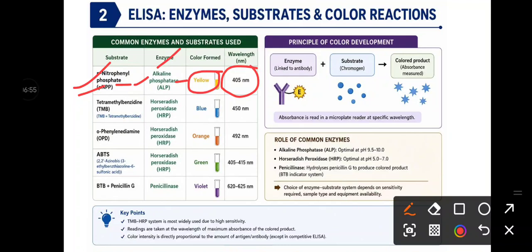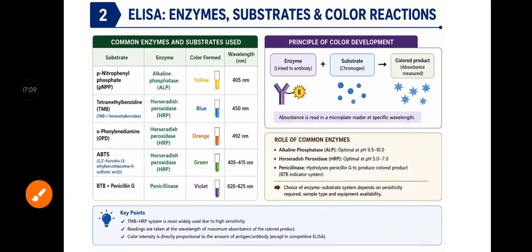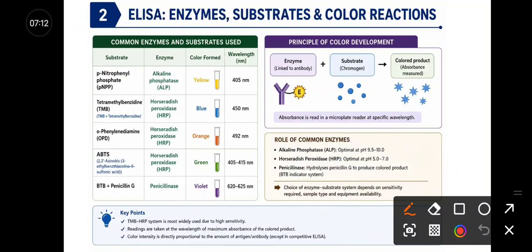You have to remember all these things: the commonly used substrate as well as the enzyme, what color this enzyme will form, and at what wavelength it is measured. This is the most common one. The first one is the most commonly used for ELISA assays in different laboratories. So remember this first one, and the second one is also most important because of its high sensitivity. If you are considering sensitivity, you will use this second one,